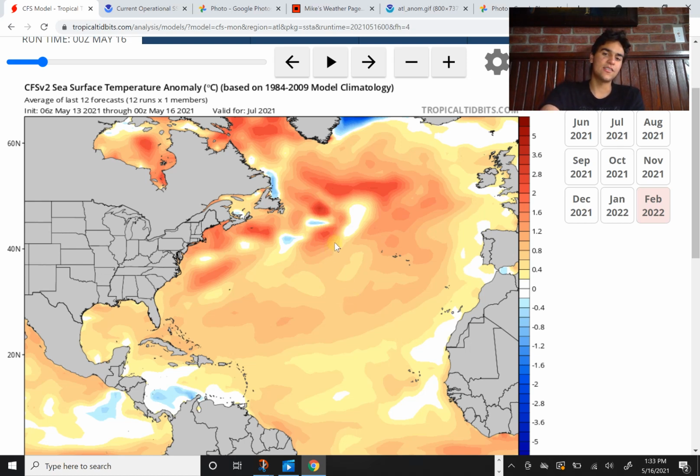And you see this continues into July, and I've been noticing a trend over the past several years where the northern Atlantic, for some reason, has typically been much warmer than average. And maybe it's a result of climate change or something, but who knows. But this could induce more subtropical cyclones, I assume, and unfortunately, it might